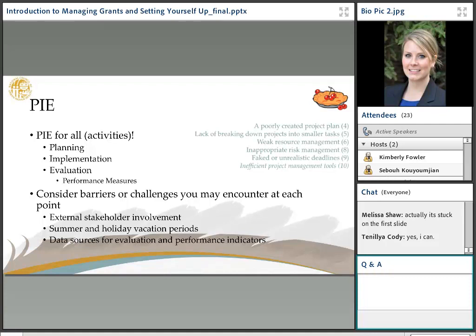Jamie, sorry, yeah, but I think there were some folks saying that the slide is stuck on the first one, like it's back on the slide before. I want to ask everyone, can everyone see the slide that says PIE, P-I-E, in big letters, and says PIE for all activities?